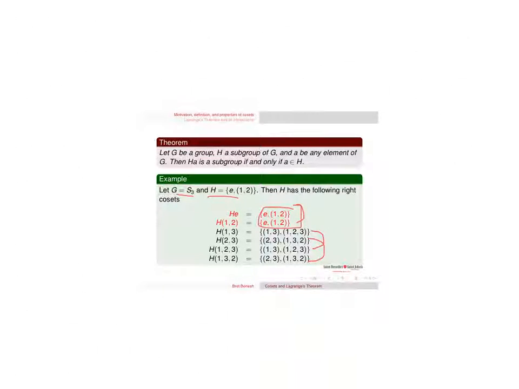One way to see that is that the only place where the identity appears is in the two highlighted red ones. So those are the only two that have a chance of being a subgroup. And in fact, we picked H to be a subgroup already. So this is what this theorem is saying, that the only way to get a subgroup is to take